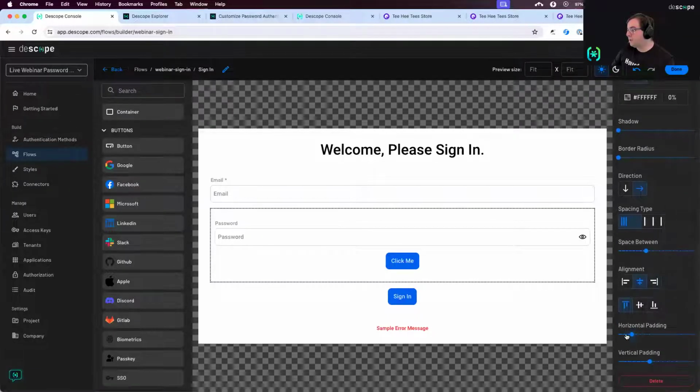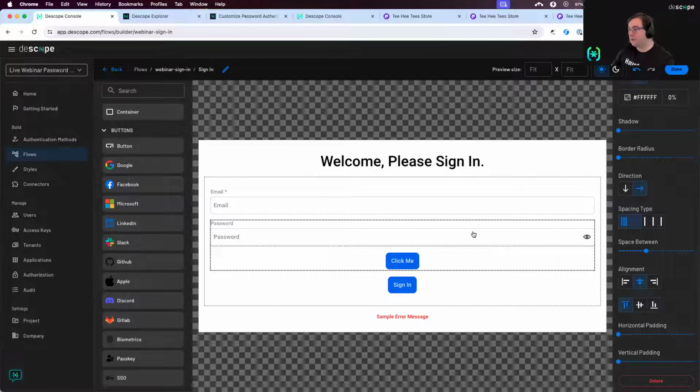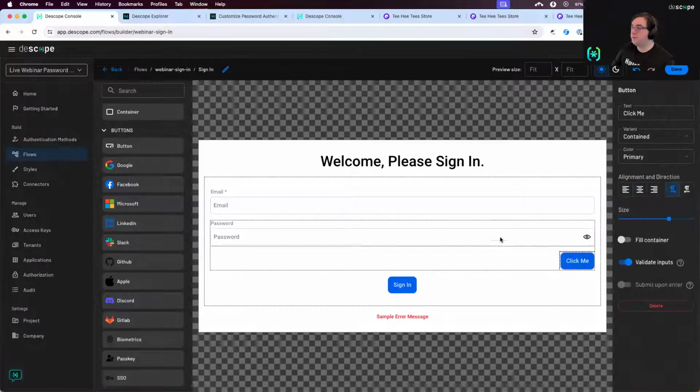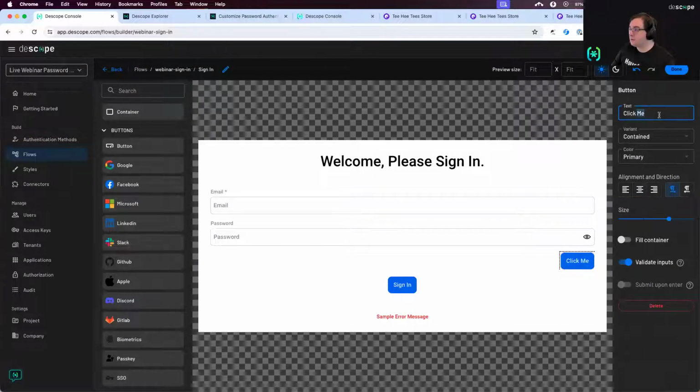Let's bring down the horizontal padding so it's all aligned. And we can do things like adjust the vertical padding so there's not that huge gap between it. And we can change the alignment so that this button is over here and not in your way if you're trying to sign in. So now we can change this text to something like forgot your password,